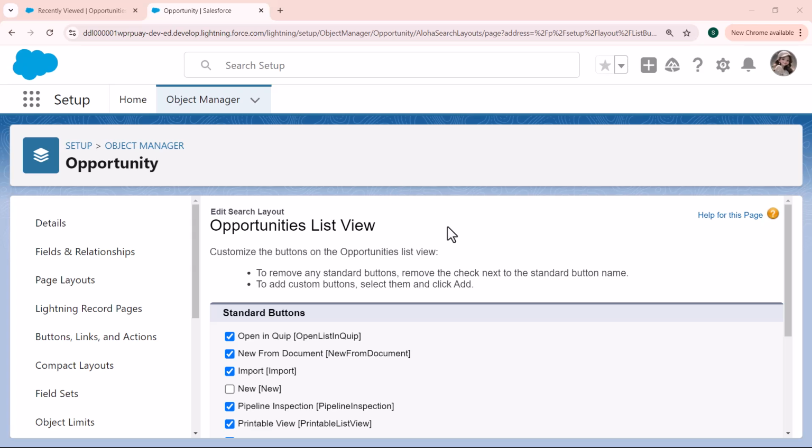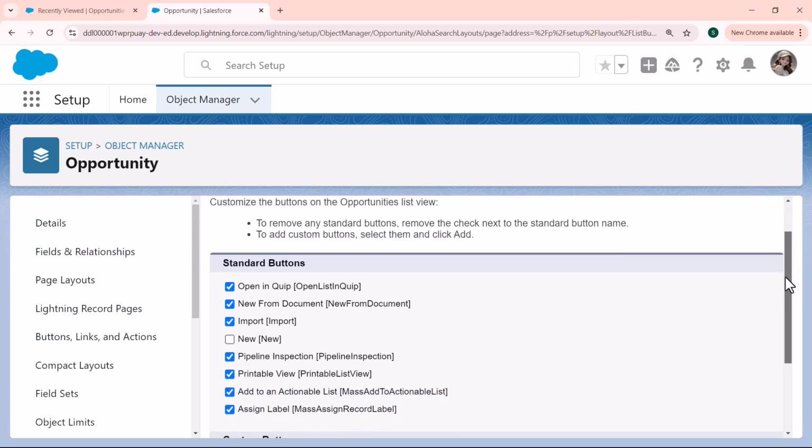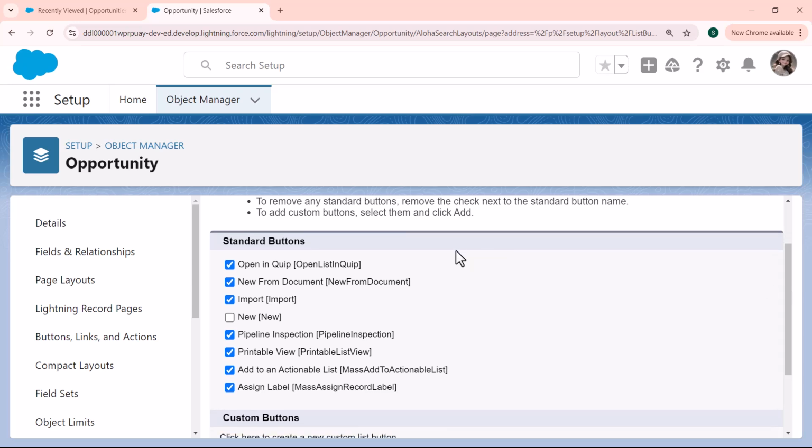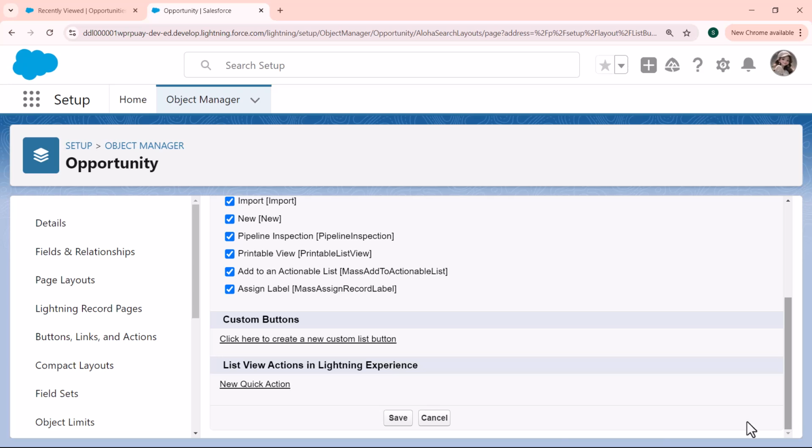Our opportunity list view page is open and here you can see the standard buttons are present. All buttons are enabled, but there is a new button that is disabled. So this is the issue, because the new button is disabled here. When we enable this button and click on the save button,